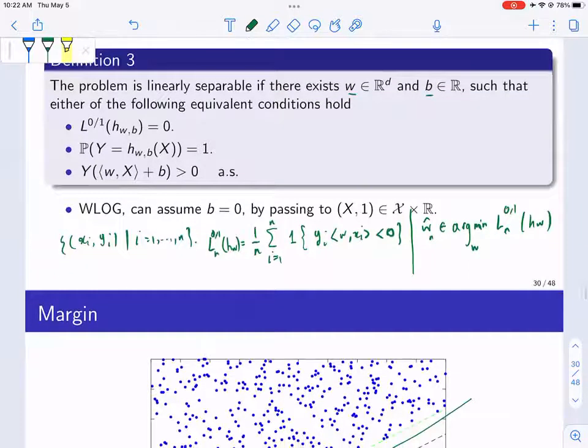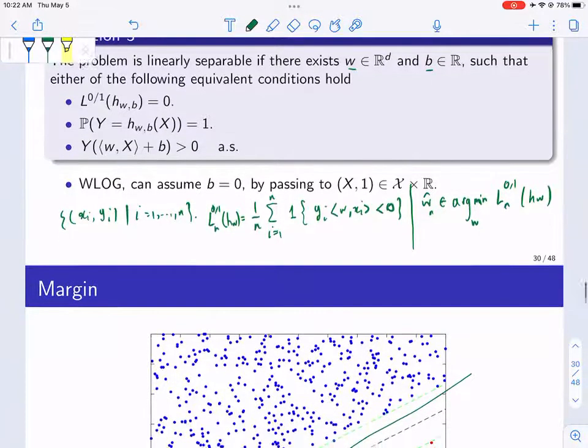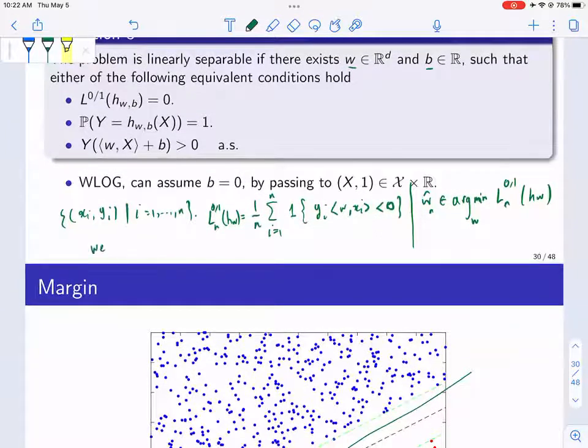So multiple ways actually, but you can actually find something for which this is 0, right? Which means that none of these indicators are active. So basically, in the separable case, we can find w such that